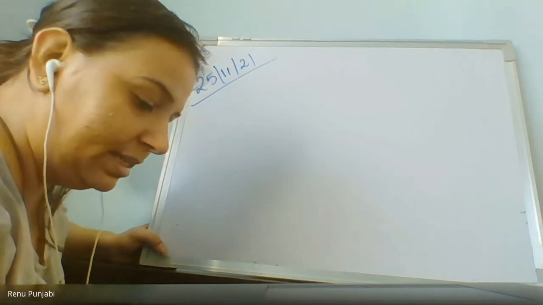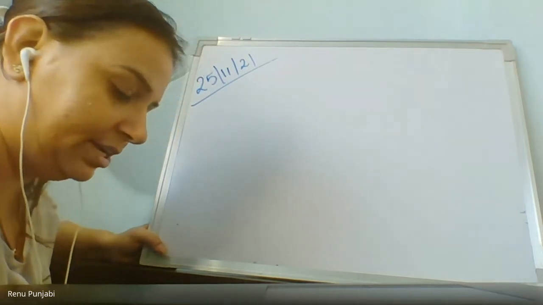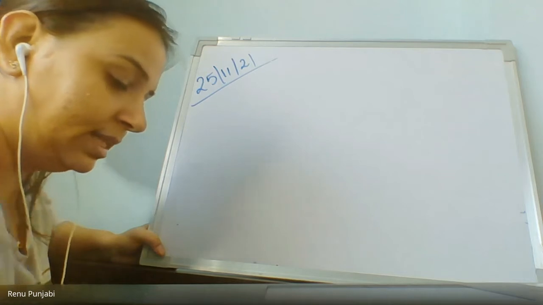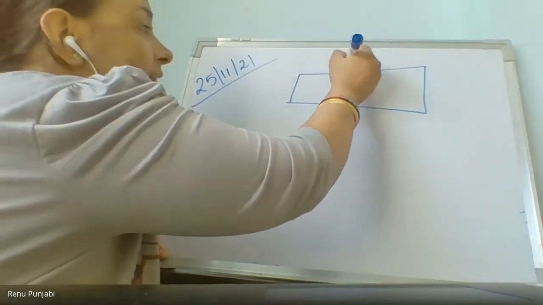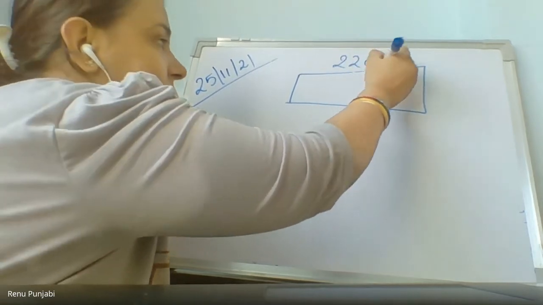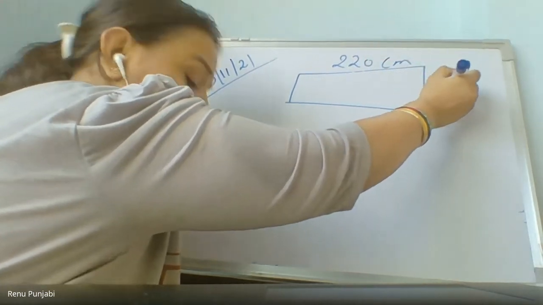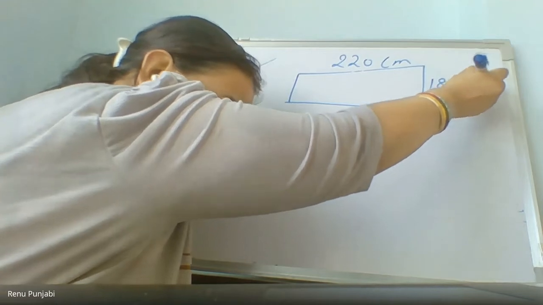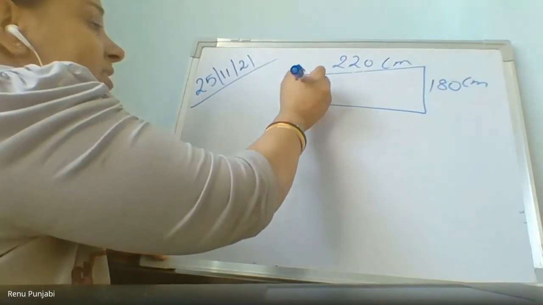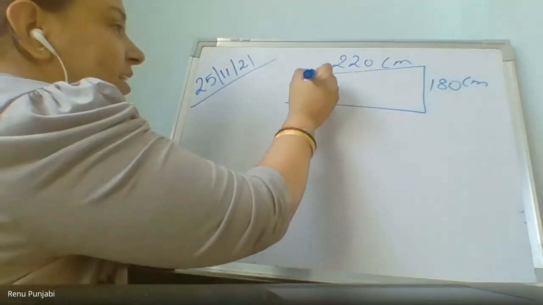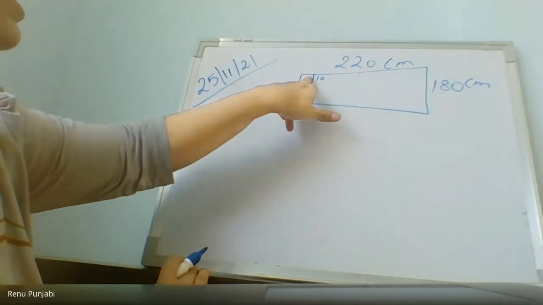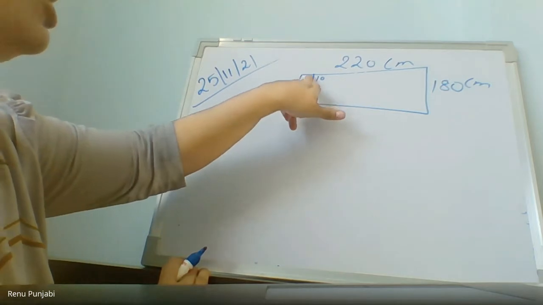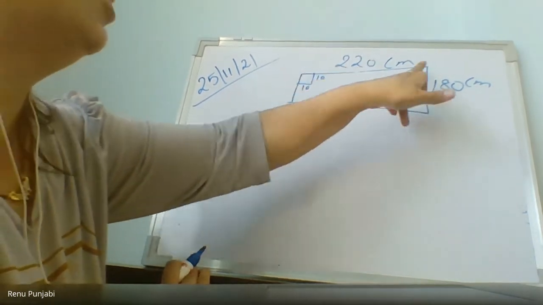Now they are saying each side of the tile is 10 into 10, and the length and the breadth of that field, the kitchen where tiles have to be laid. Length is 220 centimeter. Breadth is 180 centimeter. And the tile inside it is a square tile of 10 into 10. Right? If it is 10 into 10, it means 10 is one line here. So how many are going to be in the lengthwise?